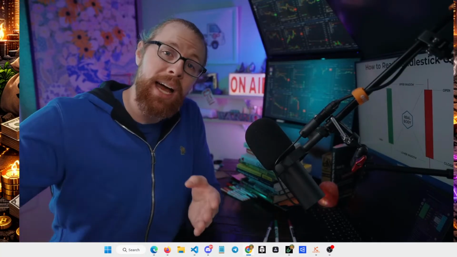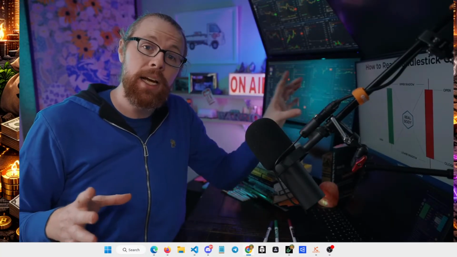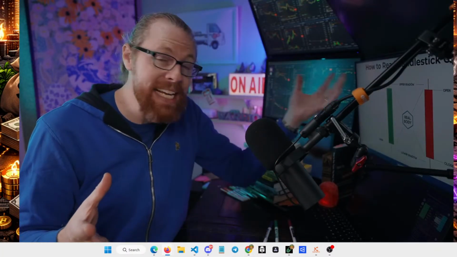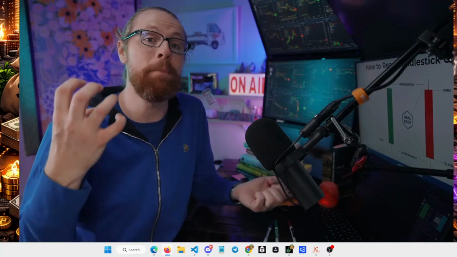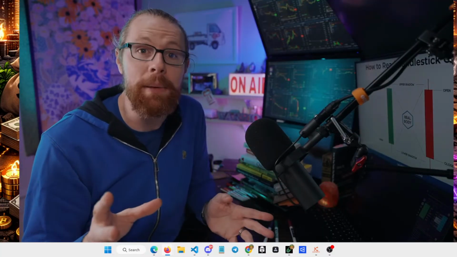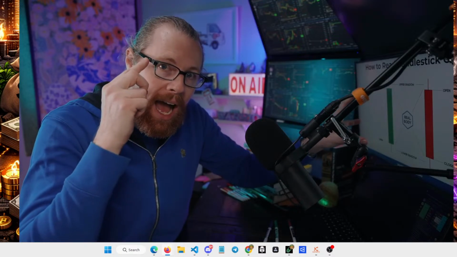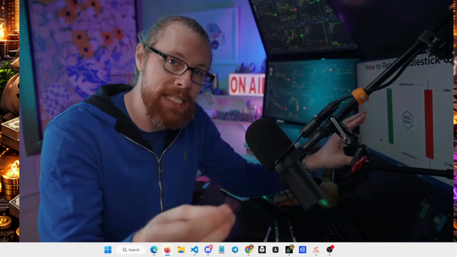So if we think of learning how to read candlestick charts as being similar to learning another language, I would say that the candlesticks are sort of like the letters of the alphabet, and they form together to create words. And the words are what I see plain as day on the chart saying buy, sell, or maybe hold. Those are indicators and signals on the chart that your eye may not yet be trained to see, but